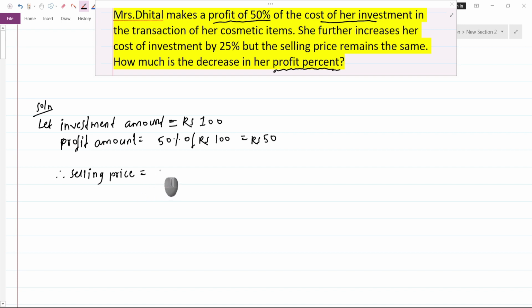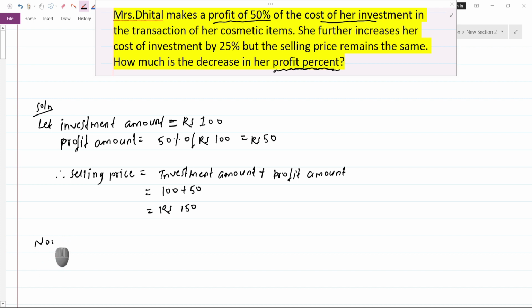equal to investment amount plus profit amount, that is, CP plus profit. So it will be 100 plus 50 equals Rs 150. Now, according to the question,